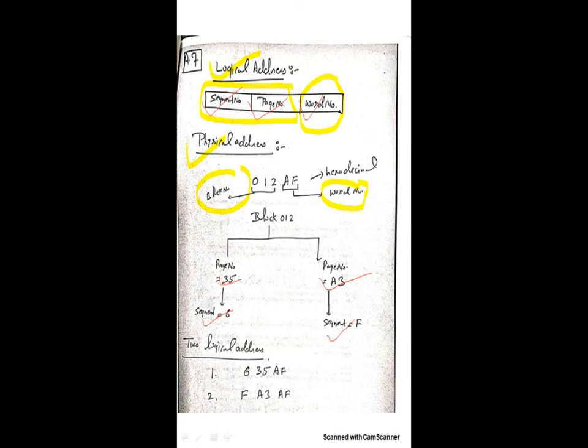Okay. So I'm going to the next problem, problem number 8. The logical address space in a computer system consists of 128 segments. Each segment can have up to 32 pages of 4 kilowords in each. Physical memory consists of 4K blocks of 4K words in each. Formulate the logical and the physical address formats. Now, this is a very important question and very easy also. See, he has given the logical address first.